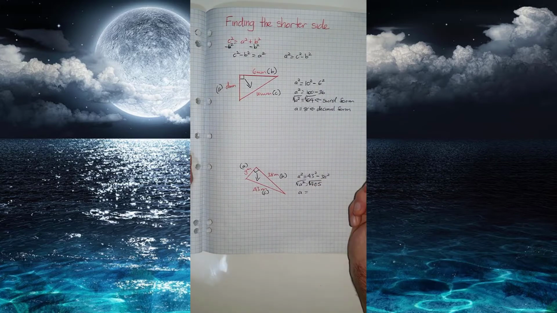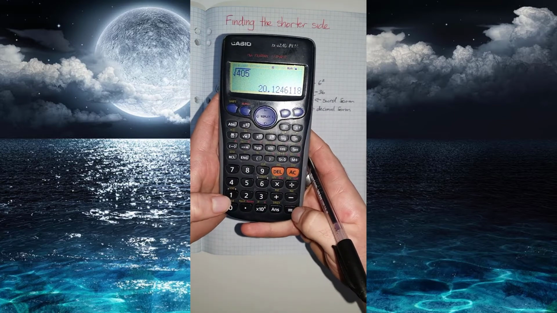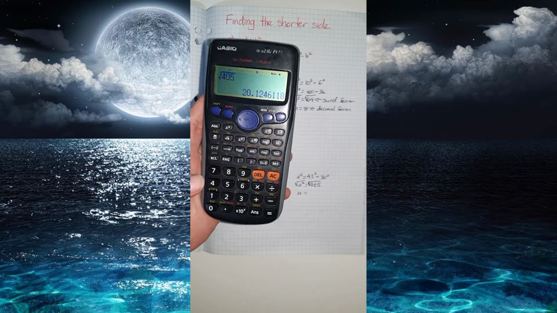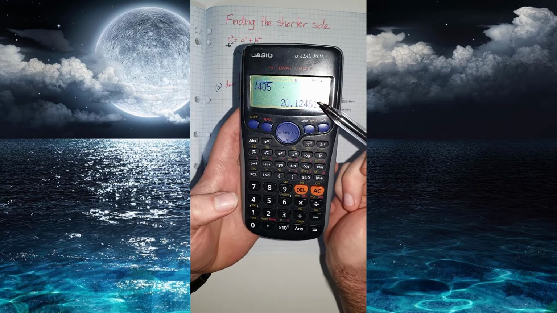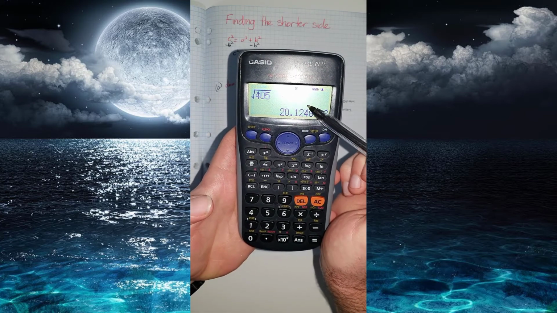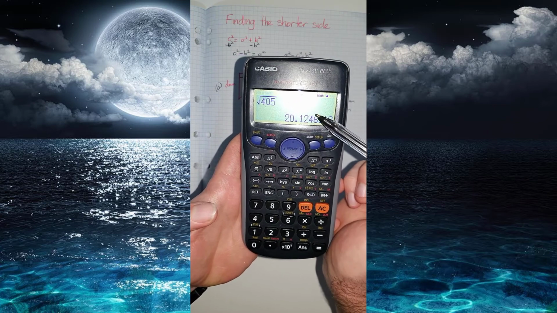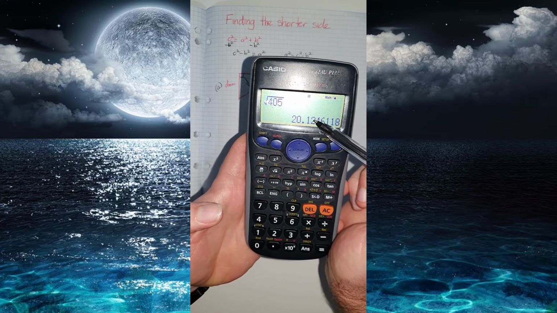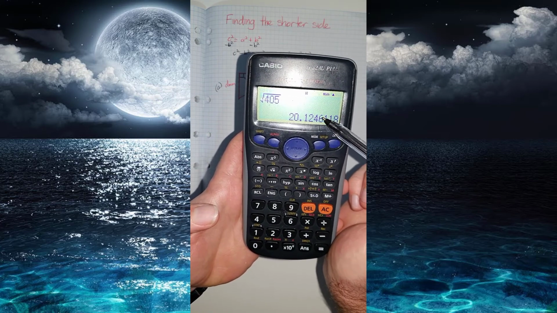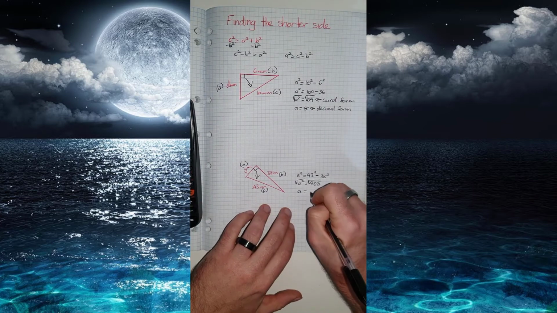A equals, so the square root of 405. Now I'm going to round it to 2 decimal places, because generally speaking that is what we do, unless the question specifies otherwise. So looking at my third decimal spot, I want to round it to 2 decimal places. So I look at the third, I ask myself, is that 5 or more? No, that's not. So I can leave the 2 the way it is. So the answer is